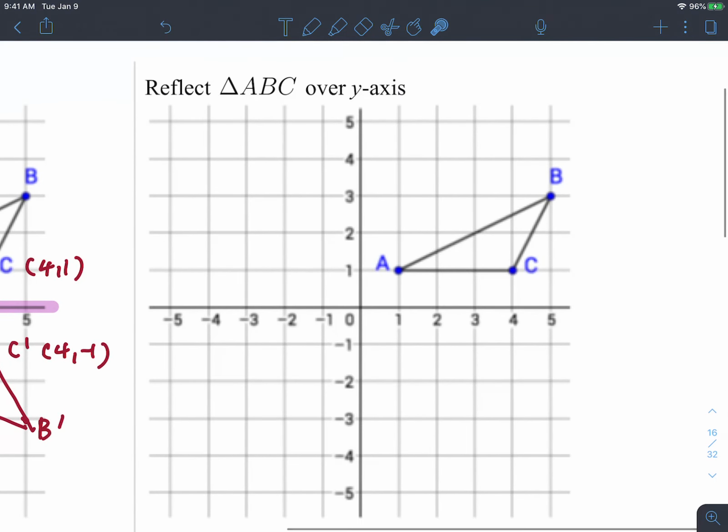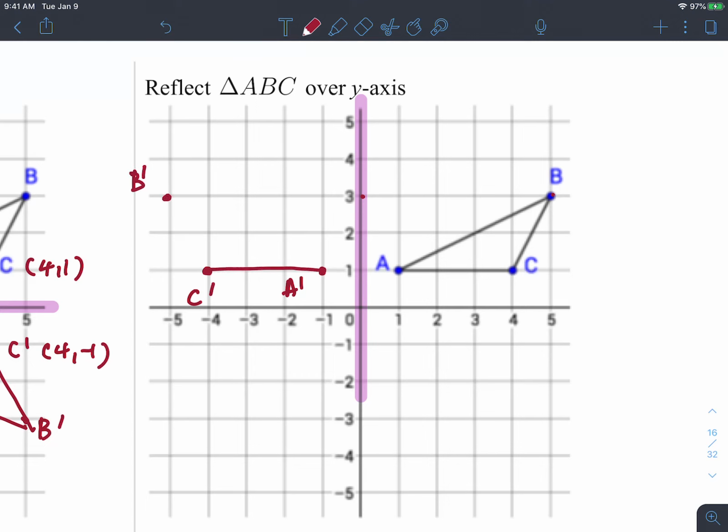Okay, so let's make a note, guys. This is the line of symmetry, right? Which means that AA prime is bisected by the y-axis. So A prime must be here, because that length here and here is the same and they're perpendicular. If I do the same, that is from here, 1, 2, 3, 4. So it must be the other way, 4. 1, 2, 3, 4 right there. C prime. And over here, it's a 5. So I go -5, go this way. That is B prime. So when I connect them this way,